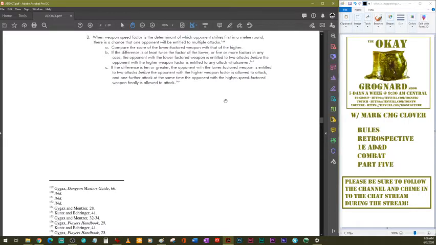All right, so I was just picking two things that are fairly far apart. Speed factor on a two-handed sword is 10. Speed factor on a dagger is 2. So, as we know,